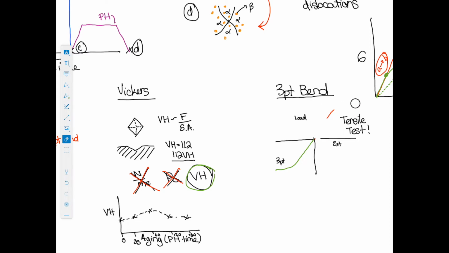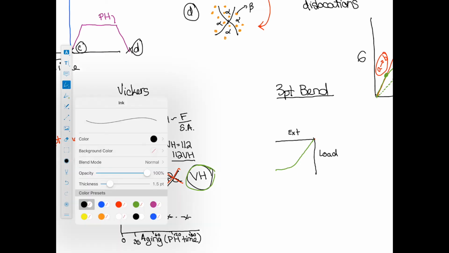So I don't need any of this other stuff over here. I'm happy if you just show me your load extension like this. But what I do want is only one figure, please, and please plot your multiple